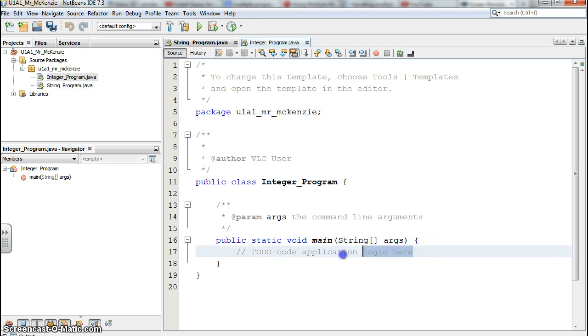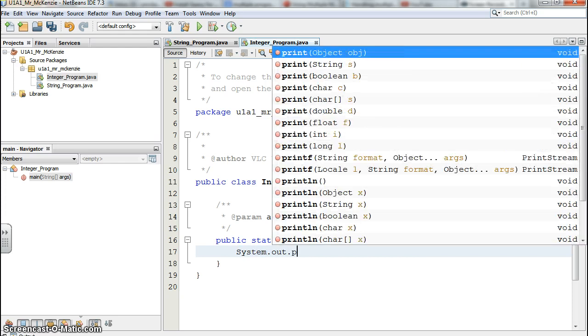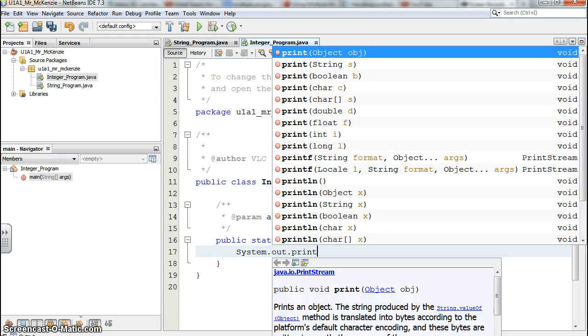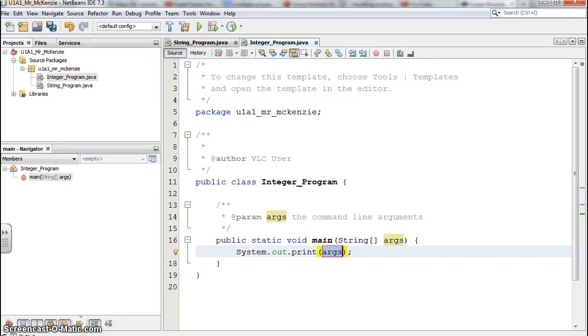So I can go here in the main function, the main method, and I can once again include a print statement. In this case, I'm going to print an integer, so I'll just use a system.out.print statement. And I will print the value 4. Okay? So this is just an introductory program with two simple lines of code, and this is to illustrate that you can actually have multiple programs within one